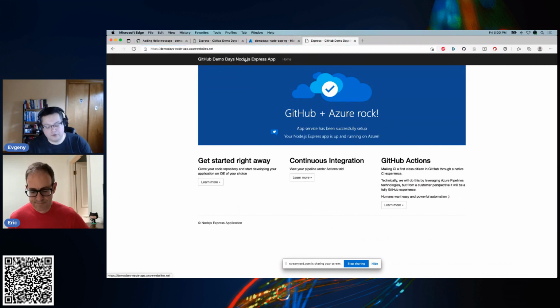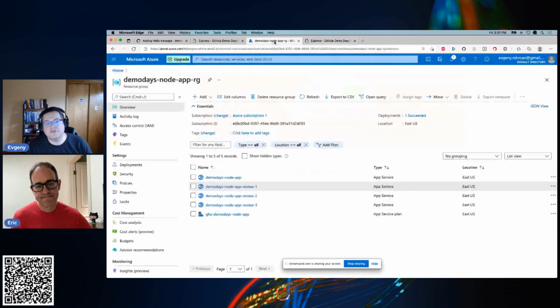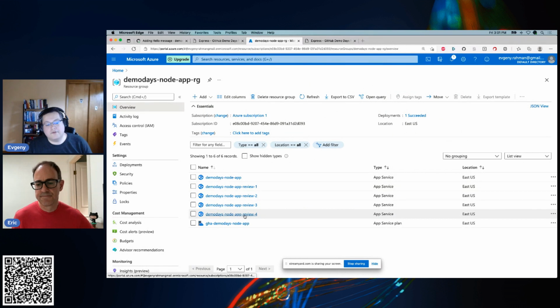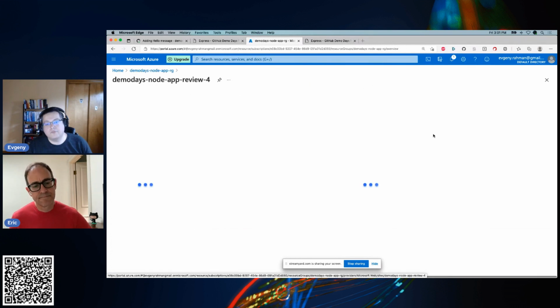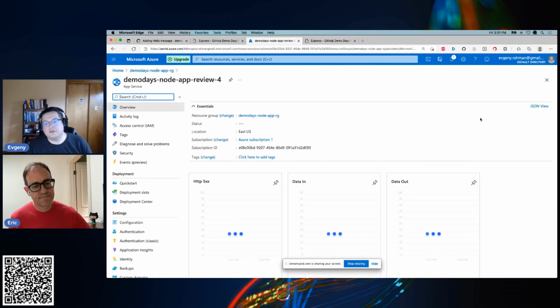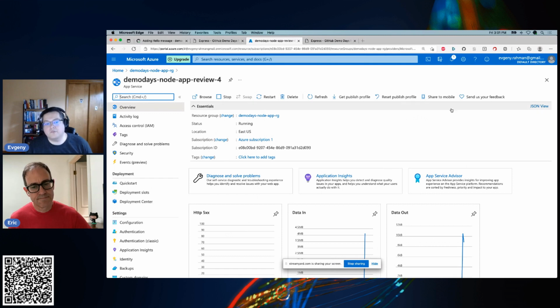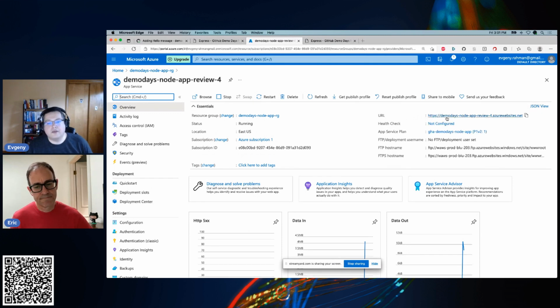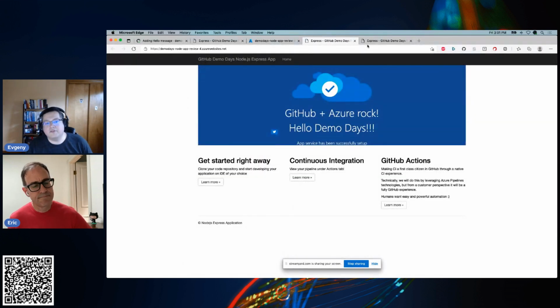We go over to a production version. It's still stable. It's still intact. We haven't made any changes. We go over here. We take a look, and you'll see that the new environment has been provisioned, review 4. This is where we can see the URL as well. It gets populated in here as well. We click on it, same place, right?